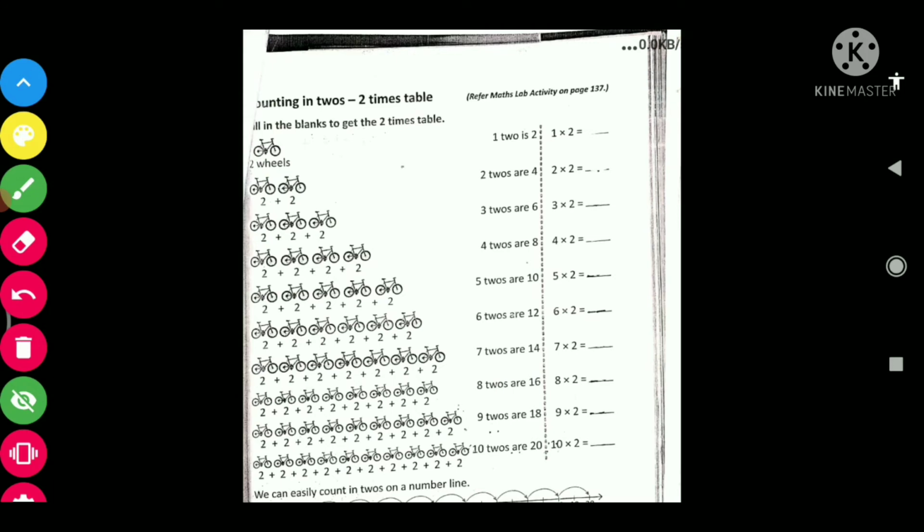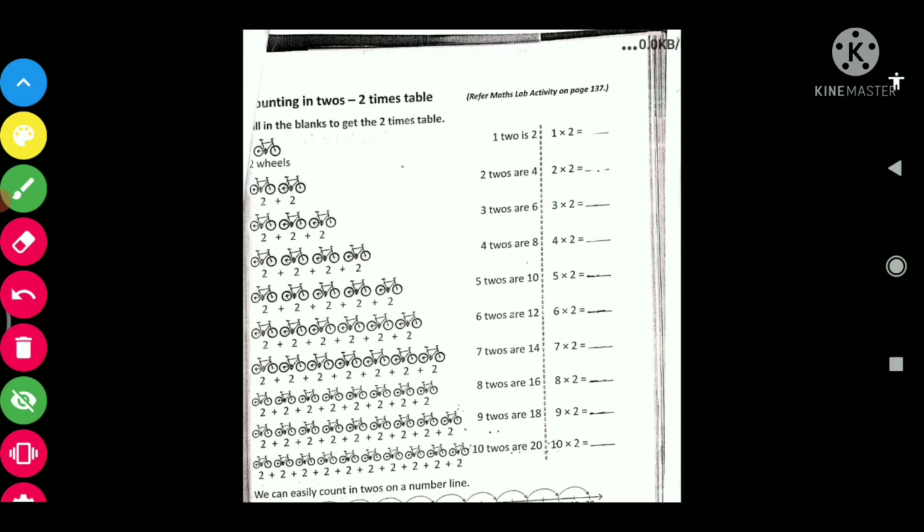So I hope that you have understood about the 2 times table. So whenever we double a number, right? If 2 is there, if we add one more 2, then we'll get 4. If 3 is there, if we add one more 3, then we'll get 6.